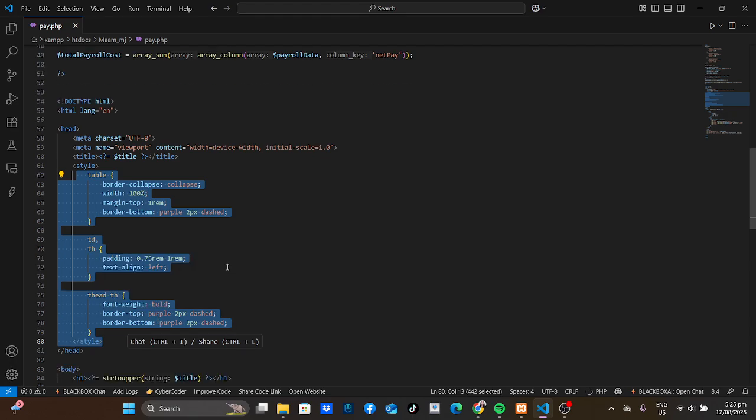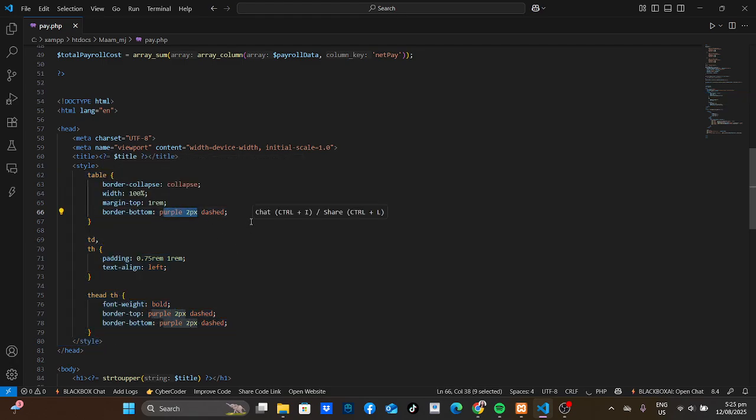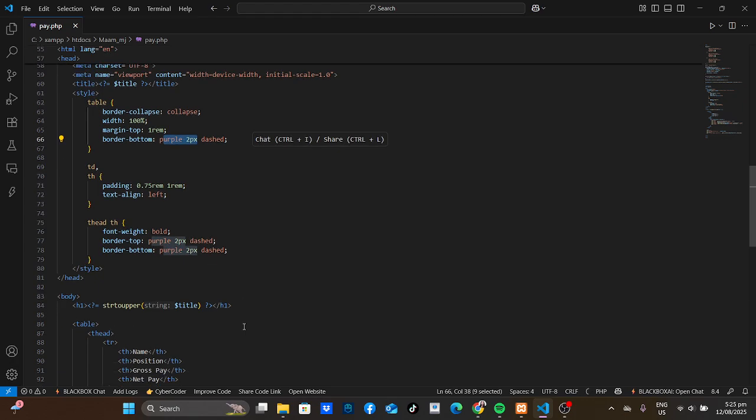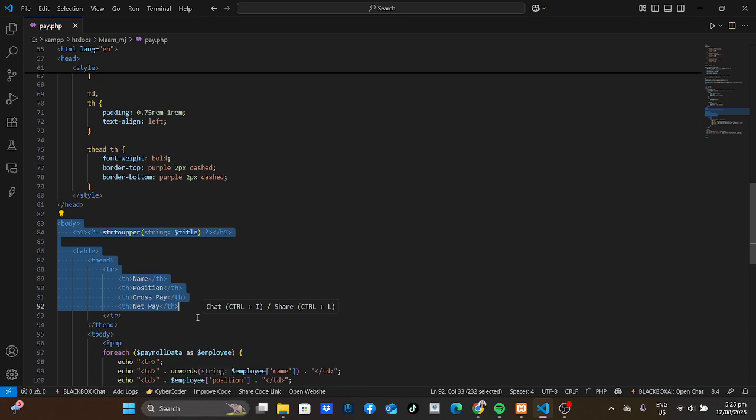So it has a collapsed border, the padding, and the purple dash lines. Inside the body here, I display the title in uppercase, which is the strtoupper.